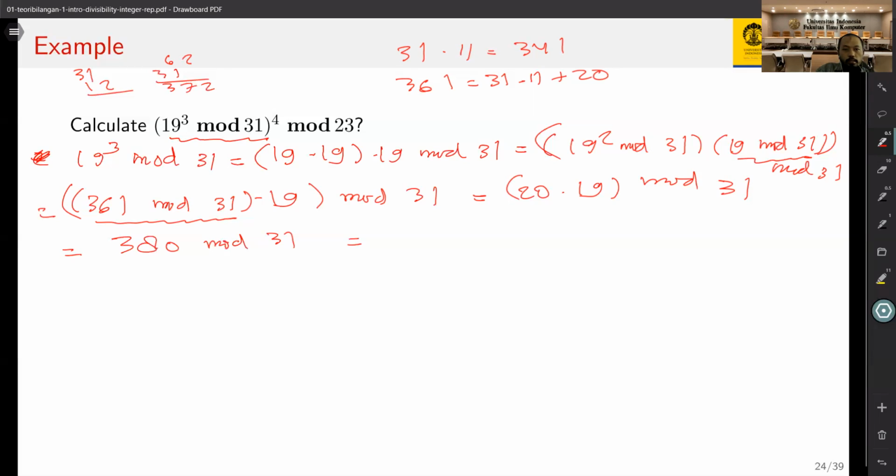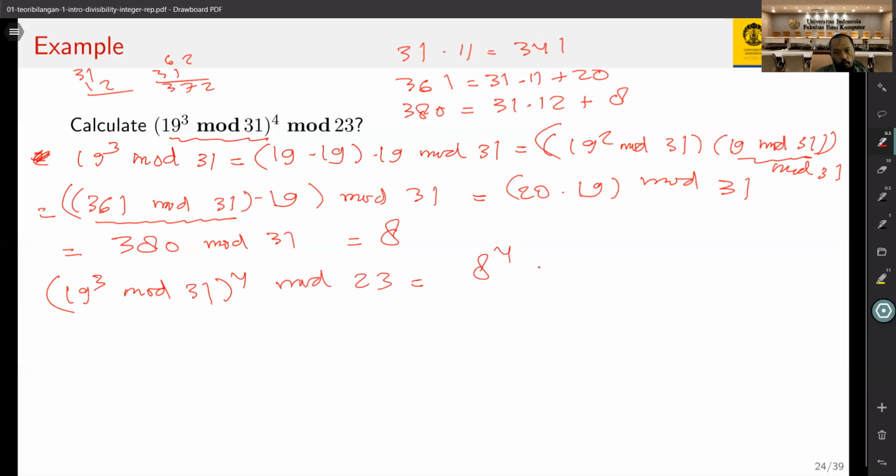So that means 380 is equal to 31 times 12 plus 8. Therefore, this is 8. As a result, 19 to the power of 3 mod 31, to the power of 4 mod 23, is 8